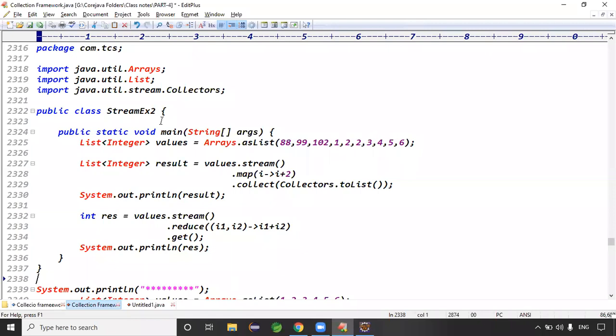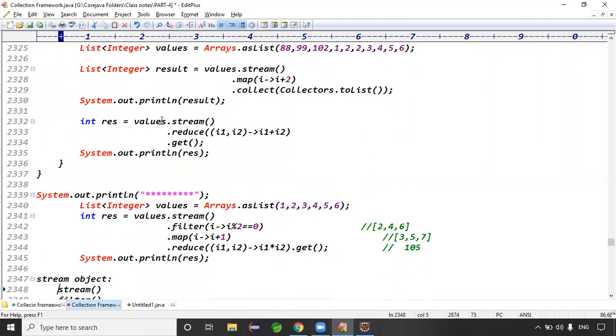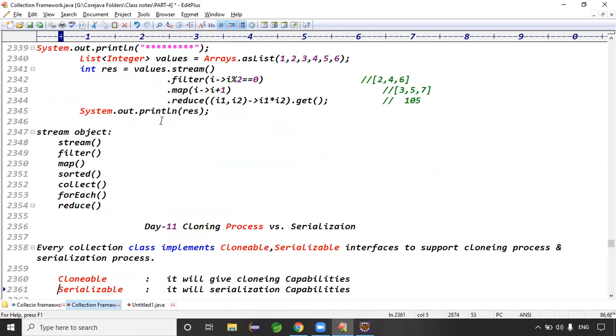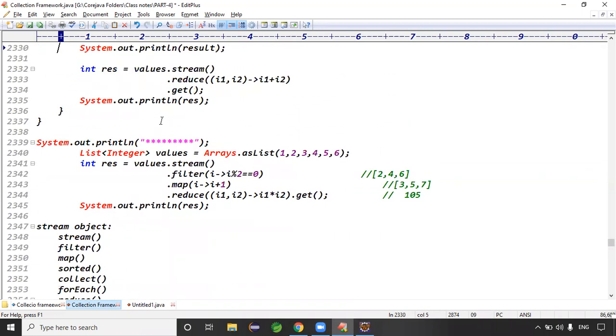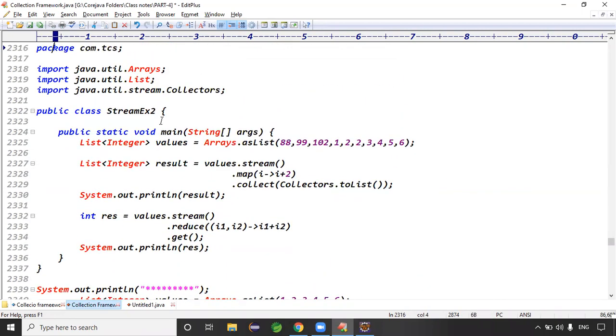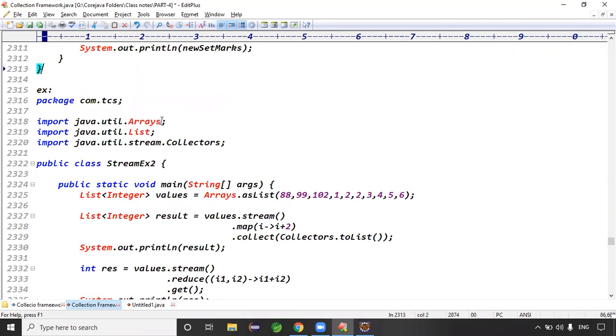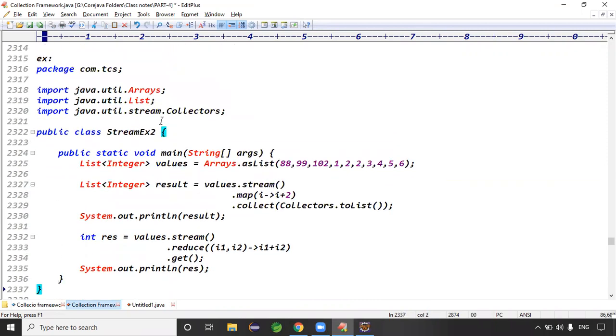Guys, the last one more thing is the reducer. Yes, filters, mappers, and what? The reducer concept is there. Coming to the reducer concept, guys, reducers, what will it do? Assume I have